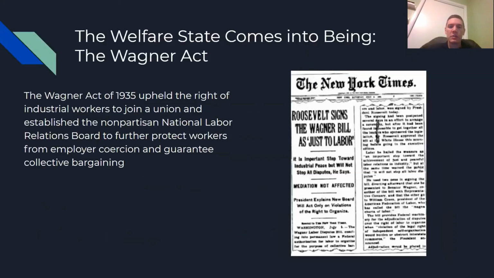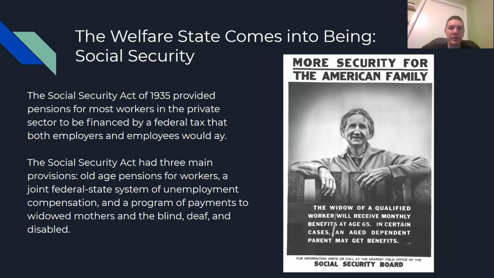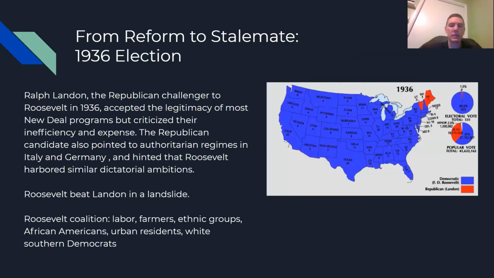The second New Deal is in 1935. We're going to go to the Social Security Act, which is going to give people the pensions that they can have after they retire. So after you work for 30 or so years, you can retire, and the government will continue to give you money when you're older. You can also get money if you're a widowed mother, if you are unemployed, if you're disabled. Let's skip that.